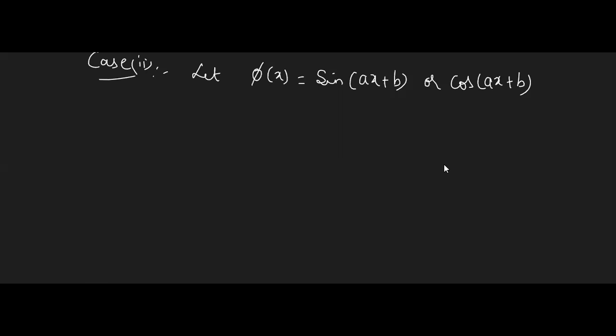The second case, to find pi, we have the RHS part f of phi of x in the form either sine of ax plus b or cos of ax plus b. So then here, what is the format of pi? Pi is found by 1 upon f of d into phi of x. This is true always, for all pi. What is my phi of x? Let me take sine and explain.